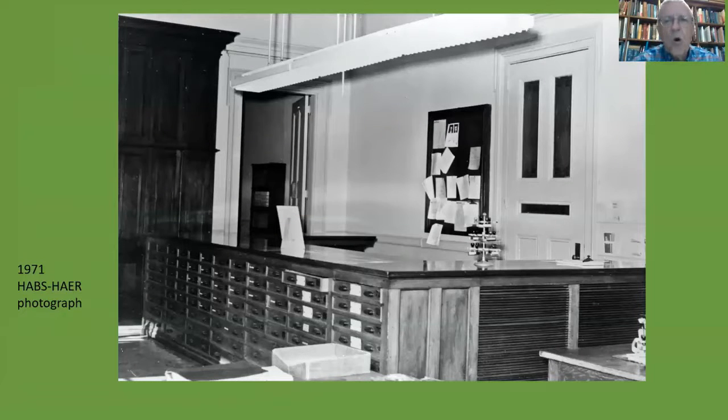Unfortunately for us, the one image we have that shows the inside of the customs office is this one, taken just a couple years before the office was closed for good. But it does show an interesting thing. This is in the upstairs of the building that we call the old post office or the old custom house. The sign outside might say customs house. Anyway, you can see the door here that the